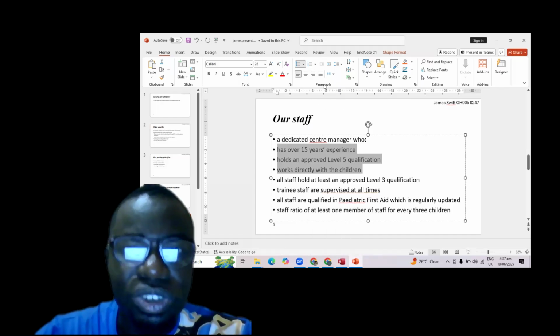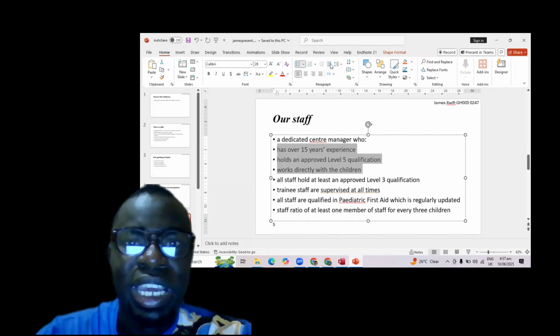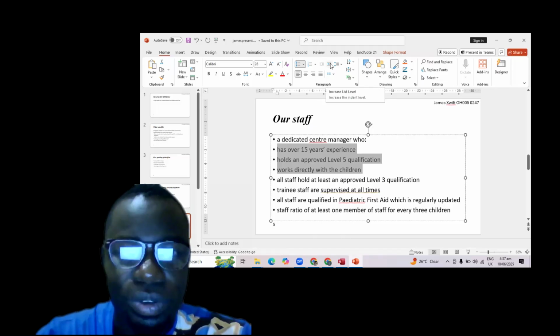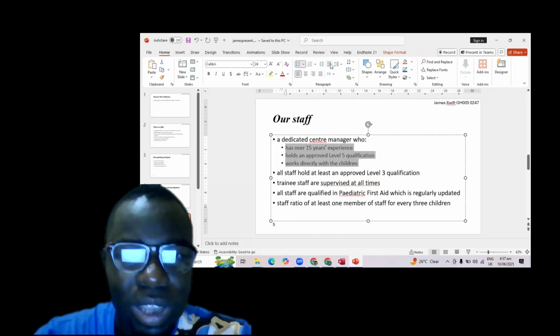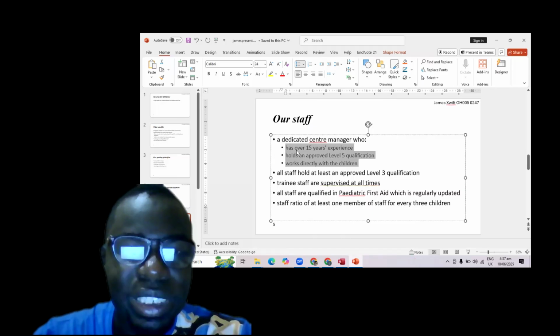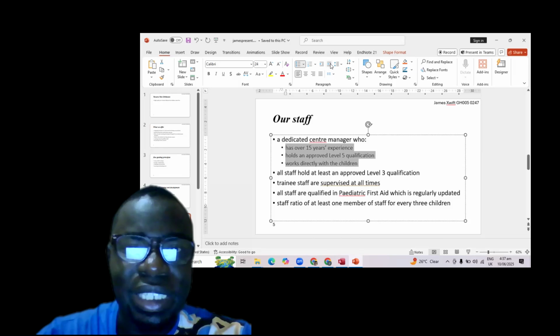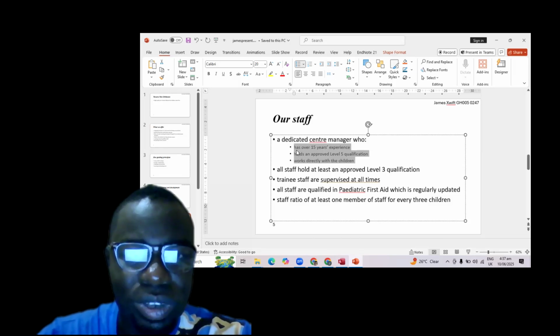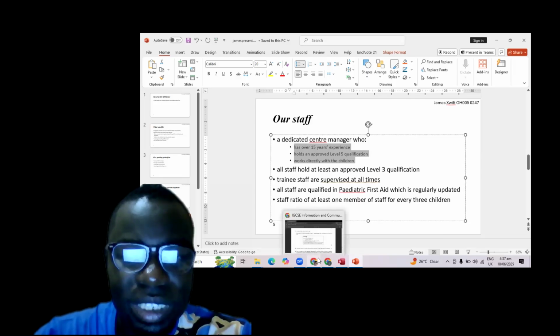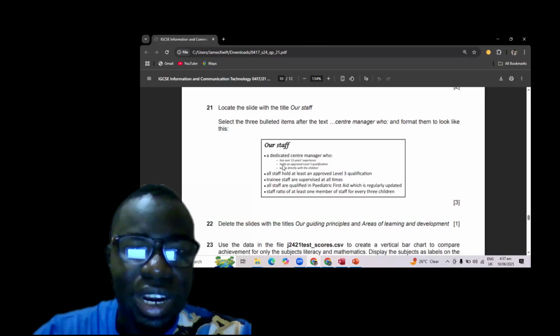So for the indentation, you come to the paragraph group, okay? And then you see this button over here, Increase List Level. That's what we will do. So click on it once, and you see that the H is under the E. But in the question, the H must be under the C. So you indent it again. And now you see that the H is under the C. Now, the first thing we are going to do over here is that you realize